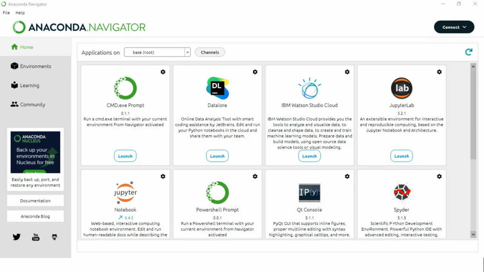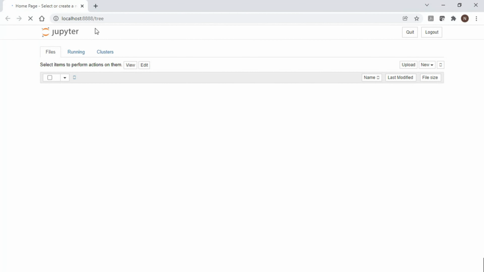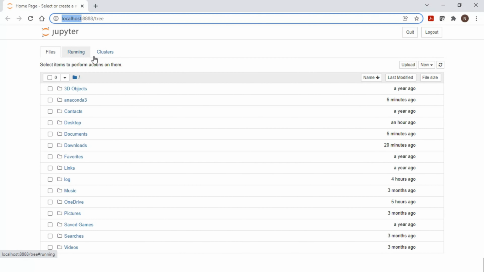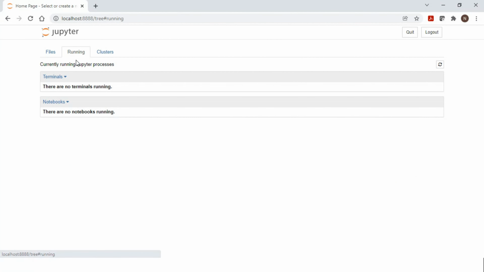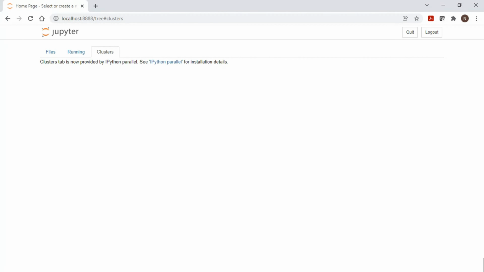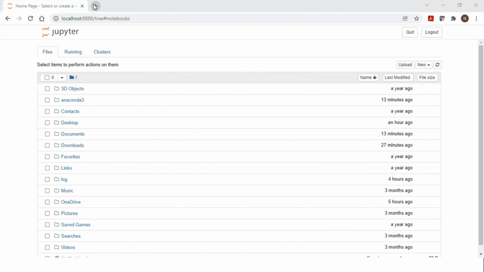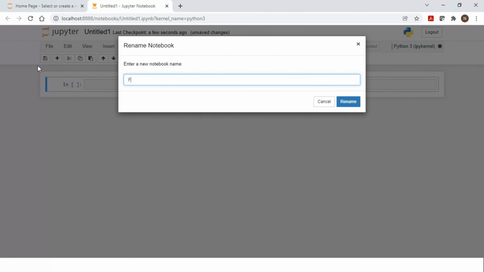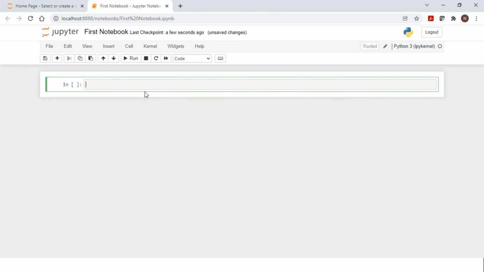Once you click on the Jupyter notebook, it hosts a localhost application where you can see Jupyter is already launched, and it has a local cluster. Once you see this UI, you can just go here, click new, and there is a Python 3 kernel. As you can see, a new Jupyter notebook is created. You can rename it as anything that you want. And then you can start practicing the commands that you want in Python.